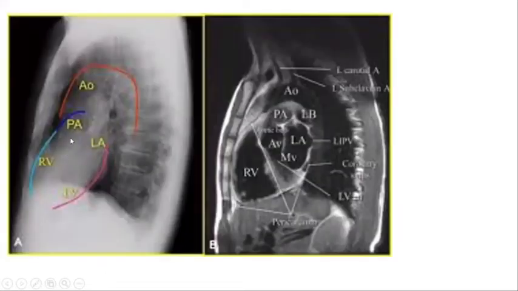Now let's talk about the chambers. The right chambers of the heart are comparatively anterior in respect to the left chambers of the heart, while atria are superior in respect to the ventricles of the heart. So this is the right ventricle. Look for the right ventricle just behind the chest, while the left ventricle is completely behind in respect to the right ventricle. Similarly, the left atrium is posterior in respect to the right atrium, and from the right ventricle there emerges the pulmonary artery. Similarly, from the left ventricle there emerges the great artery. This is the arch of the aorta.